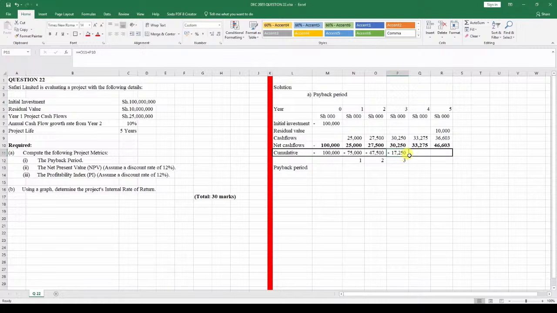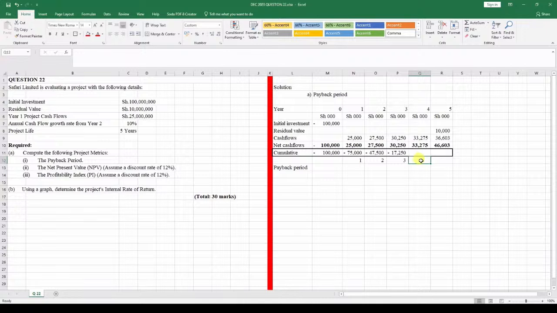Let me just demonstrate. We're just going to get a positive cash flow over here like so. And that's not what we want. We want to recoup this original investment. We do not want a positive cash flow. We want to see the exact number of years we're able to recoup this 100,000 right here. So just delete that. We know it is going to be 3 years, but 3 years and how many months?